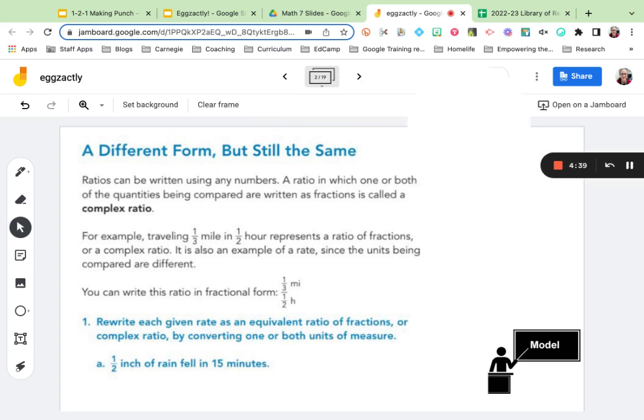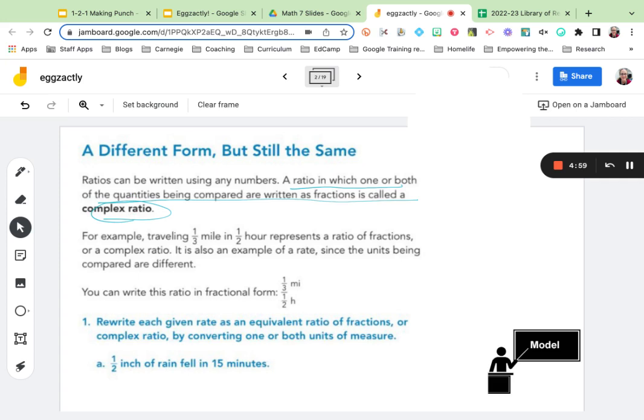Your instructions here tell you that ratios can be written using any numbers. A ratio in which one or both quantities being compared are written as fractions is called a complex ratio. So that's a new word for us today, a complex ratio. For example,